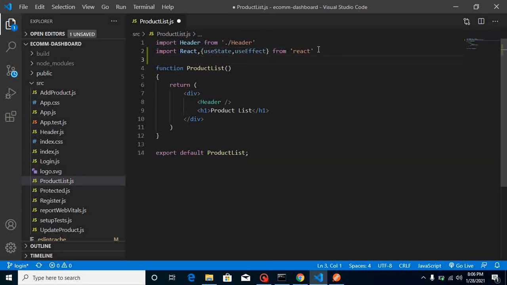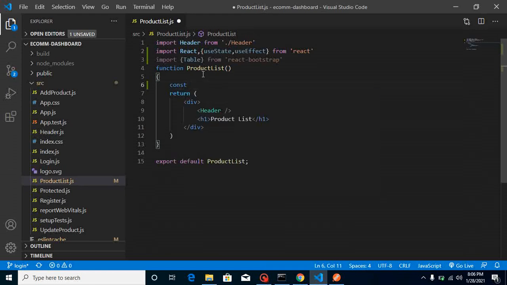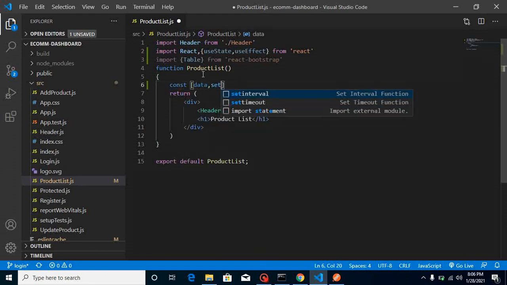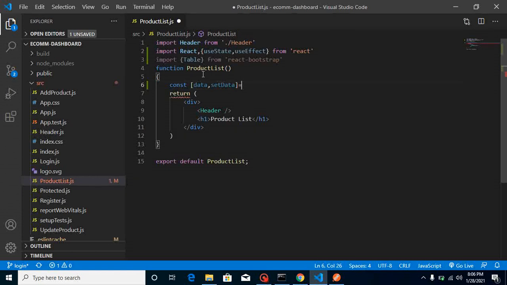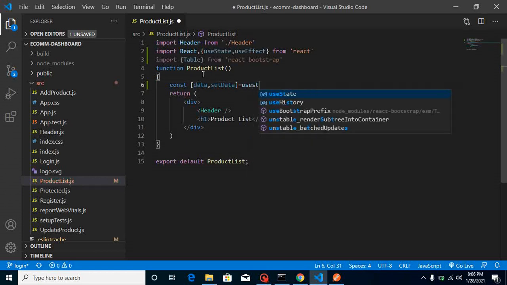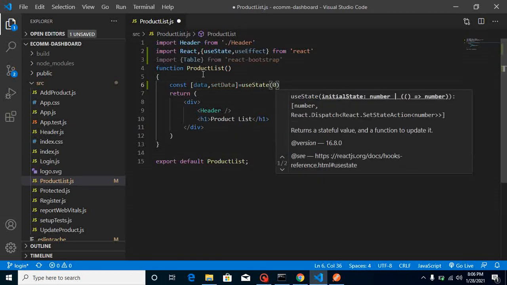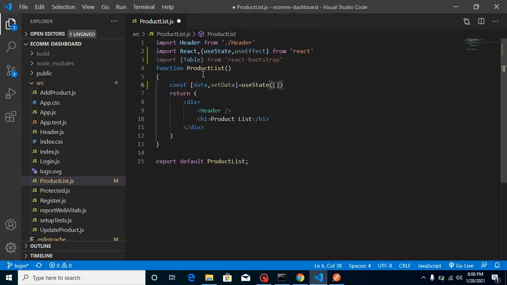And yes, we need a Bootstrap table also, so let's import Table from React Bootstrap. Great, let's define a state here, const data and setData for update, and just write useState with a blank array inside it.